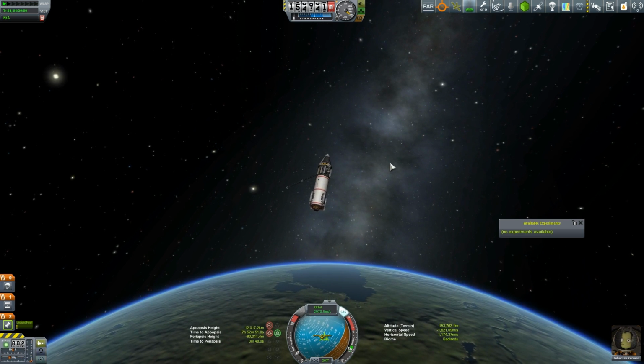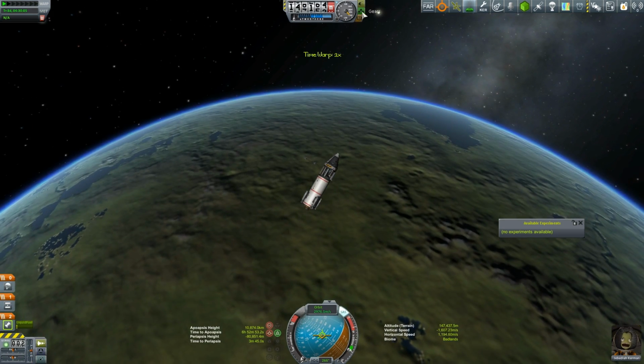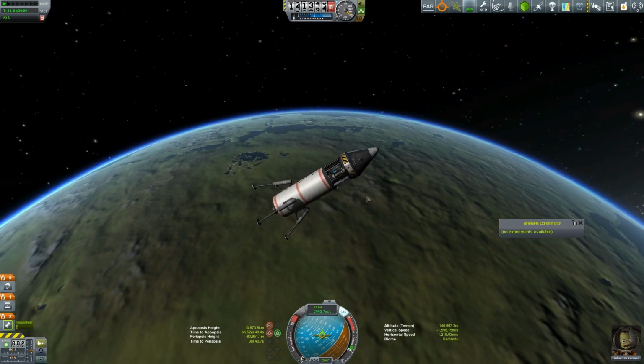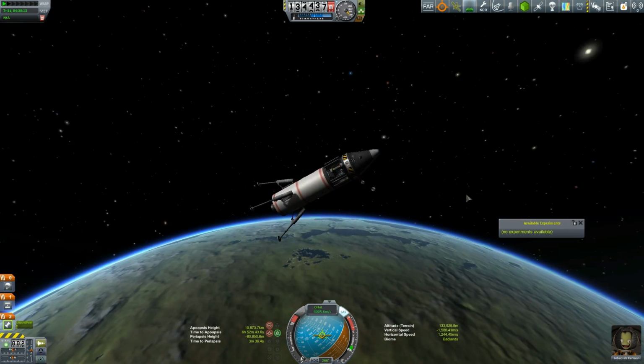Just burning the engines as low as I possibly can. All I want is the power. I don't want to actually throw my orbit off too much. Retrograde has been completed. Now, this is just something I like to do. There's no particular reason for it. I just like to deploy all the landing gear and all the modules as much as I can during the